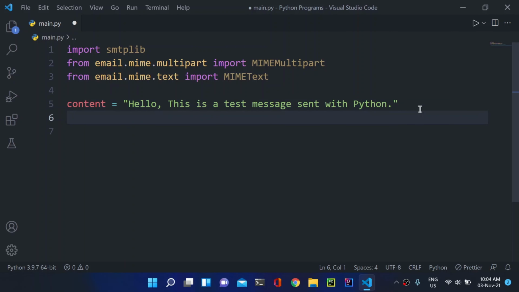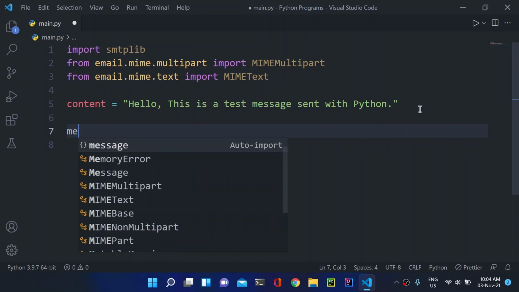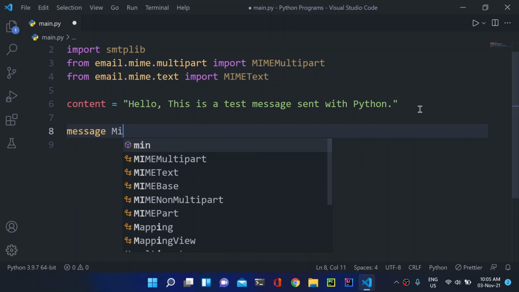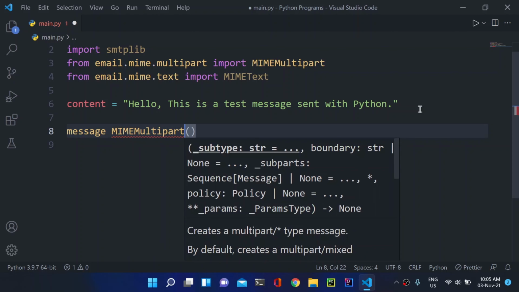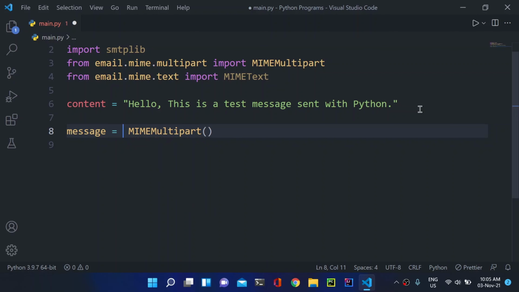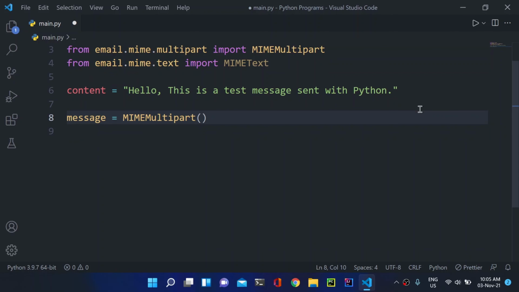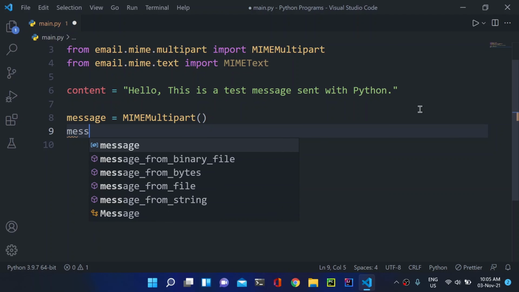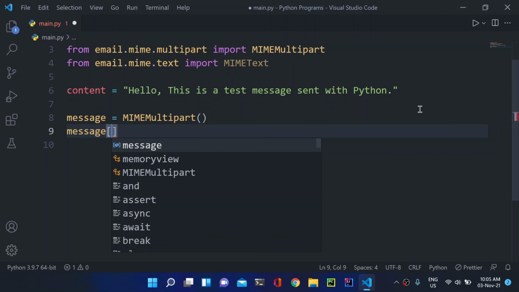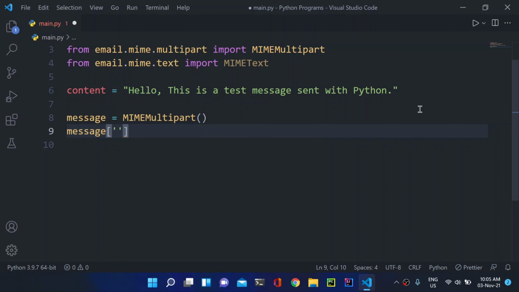Now we need to first of all create an object of this class. So we will create an object of this MIMEMultipart class. So here we have this object of this MIMEMultipart class. Now with this object we can access these things like to. So to whom do we want to send the email? This will be this to.